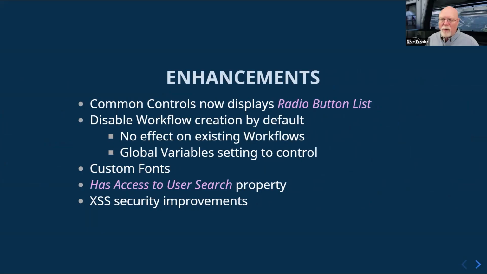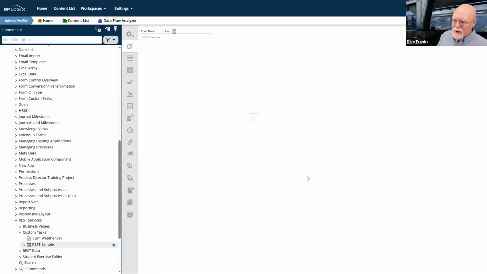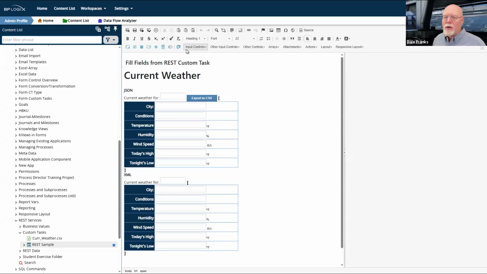In the online form designer, currently, if we go into the design view here for this form or any other form, in the common control section of the toolbar, so that's these controls right here, the radio button has been our default for a long time. We're switching that up. We are going to swap out the radio button with the radio button list in this position. The radio button is an older control. It is more difficult to configure.